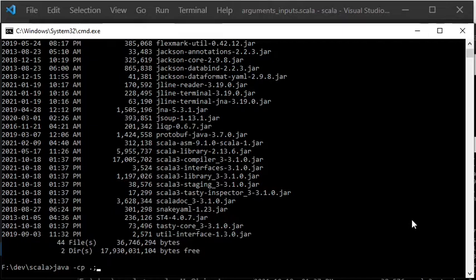I am using my environment variable SCALA_HOME for the first part of the path, and then the file is in the lib directory, and the name of the file I will use is scala-library-2.13.6.jar. Please note that it works with forward slashes here to separate the directories and files, even though I'm using Windows, which normally uses backslashes in paths.